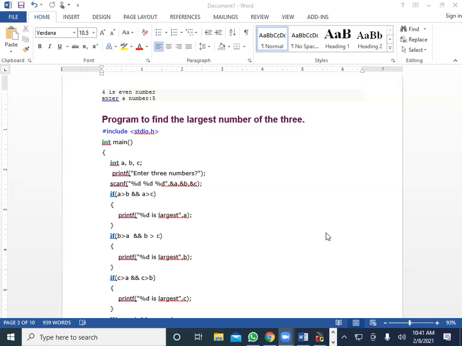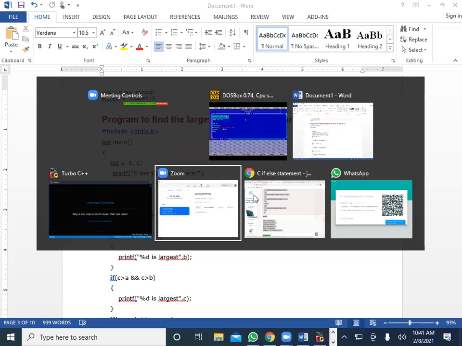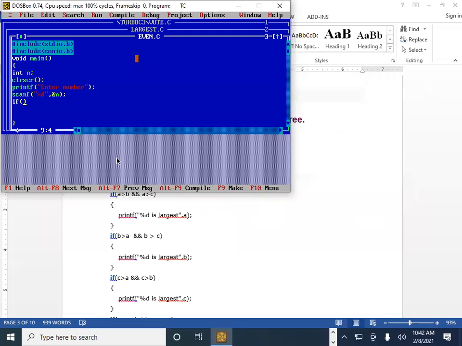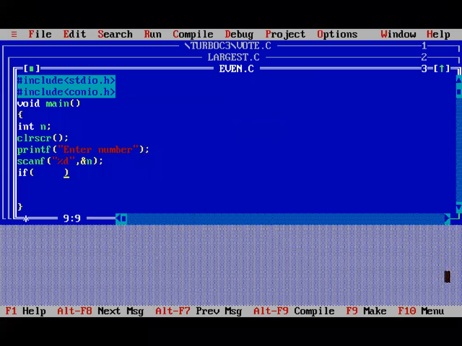Okay, let's see the program. If the number is divisible by 2, then we can say that the number is even. So here we use the same condition. If n mod 2 is equal to 0, then we print